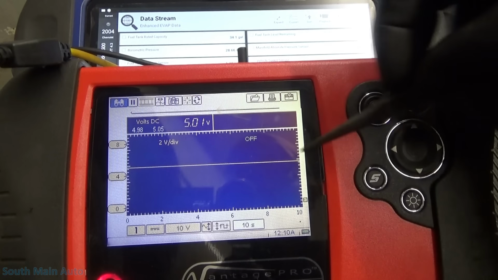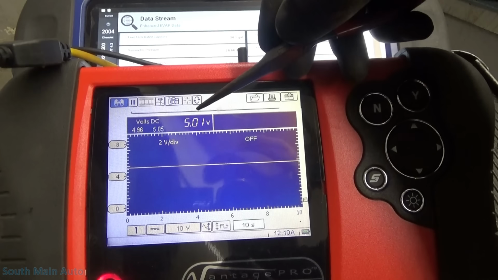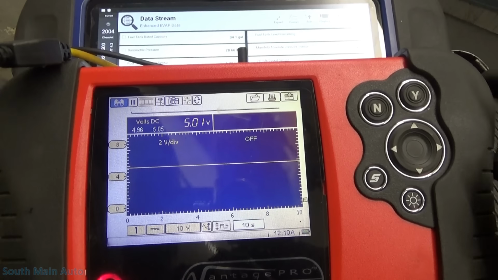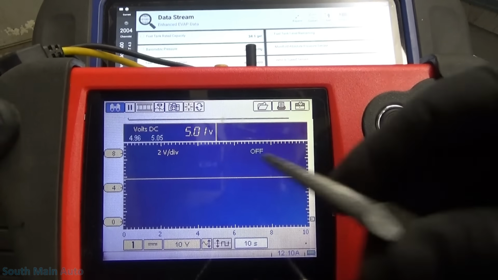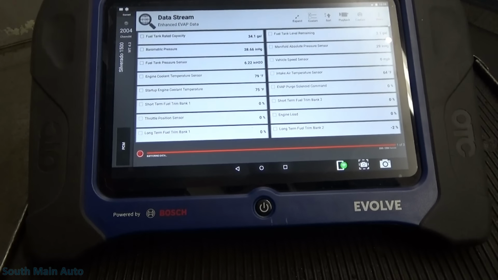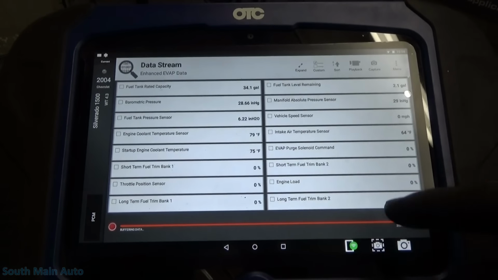All right, so here's our voltmeter. I've jumped ground to ground, A and C. So we do have our 5 volts. Now we'll swap this that way. So we know we have 5 volts, we know we have a ground. Now all we have to do is verify that our signal wire is good. So what we'll do